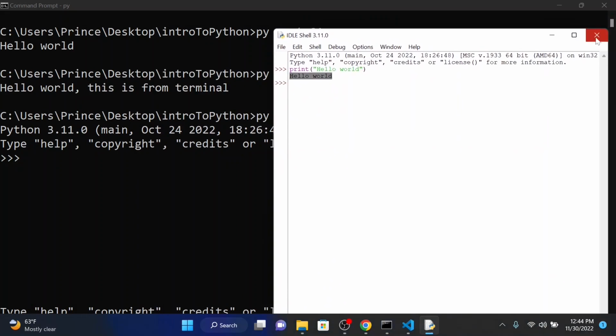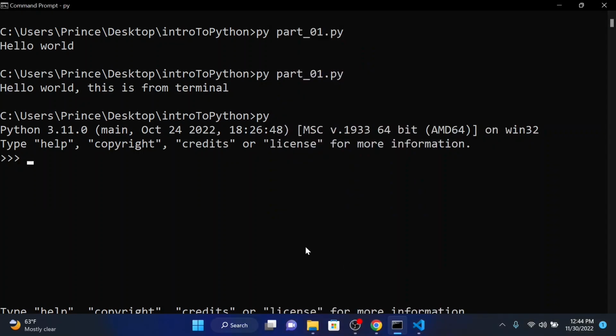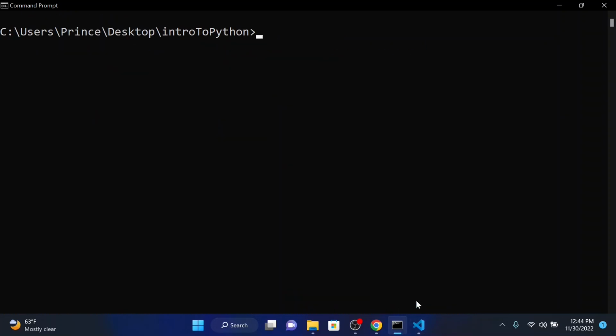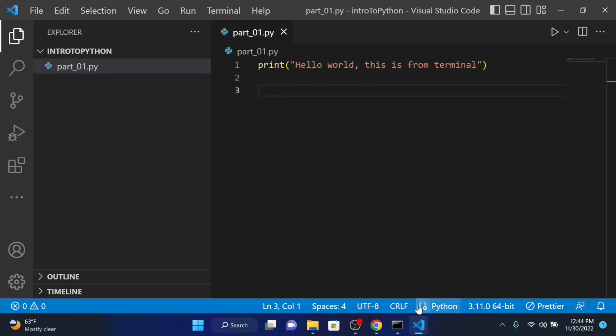So that's the default Python IDE that you have, but it's better if you use something like VS Code or PyCharm. But in this tutorial series, we will be using VS Code for everything. So now that you have looked at how to set up VS Code and install Python on all operating systems, let's move on to the next section. Okay, so great.